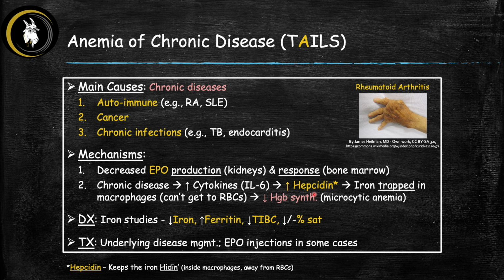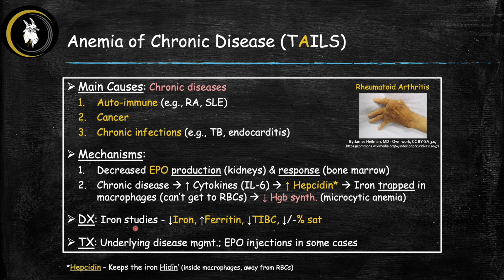So it's very important that you know the role of hepcidin, which is to trap the iron inside of the liver macrophages. I like to keep this little rhyme that I made. Hepcidin keeps the iron hidden inside the macrophages of the liver away from red blood cells, and that's the problem here. So the diagnosis here is going to be with iron studies, and this is what you're going to use